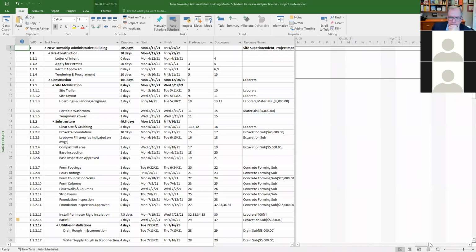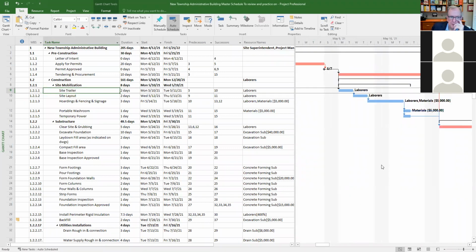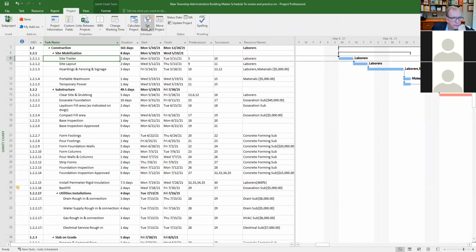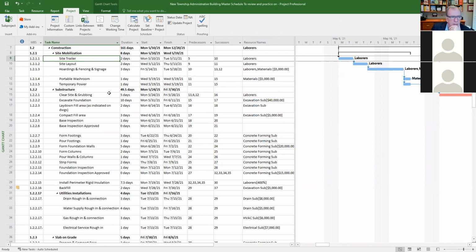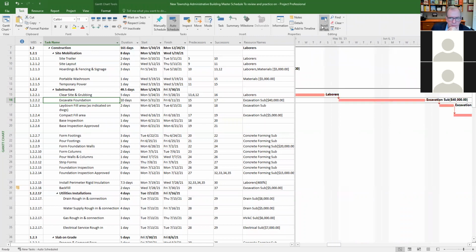So you could, for example, if I scroll to task, if you were updating this, you could say, all right, excavate foundation as an example. You could say this